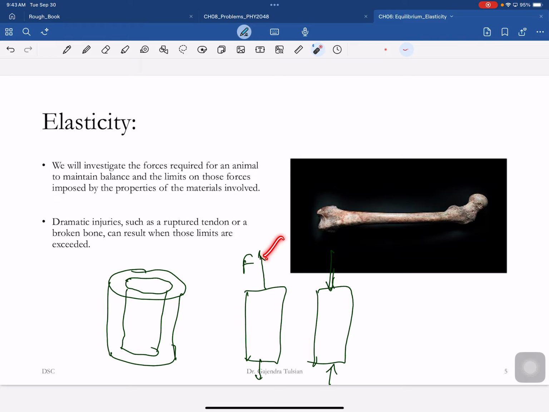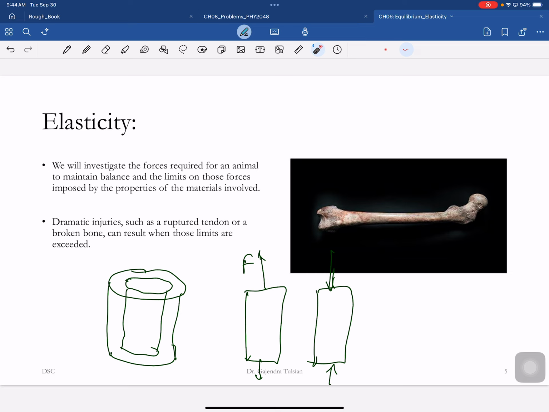You don't experience this kind of force too much, but there's a tensile force. What you're doing is, let's say somebody is holding onto your leg and stretching. Do you think your bone is equally strong under both conditions? So let's say I apply a 100-pound force here and a 100-pound force here. Is your bone equally strong? Meaning, if you apply this kind of force, will it break first, or this kind of force will break first? Will a tensile force break your bone first, or a compressive force break your bone first?